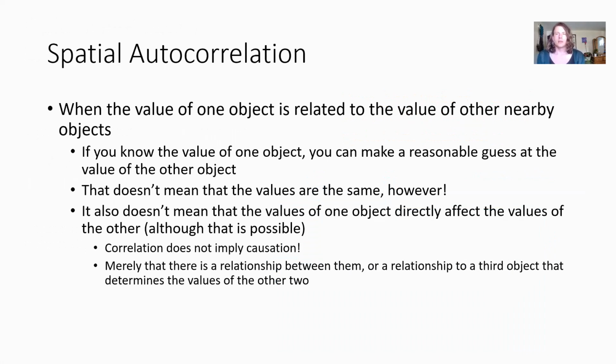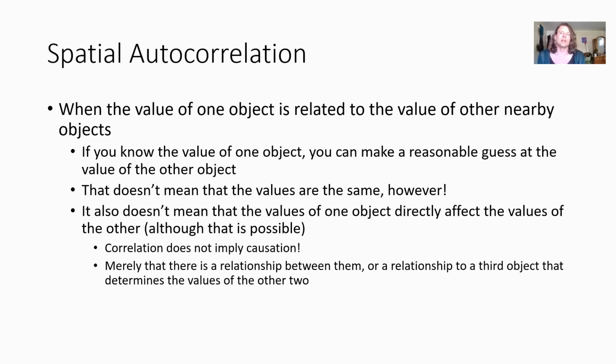This relates closely to something called spatial autocorrelation. This is when the value of one object is related to the value of another nearby object. So it's a way to mathematically describe Tobler's law, if you will. If you know the value of one object, you can make a pretty reasonable guess at the value of another nearby object. It doesn't mean that they're the same, but you can assume they're probably similar. It also doesn't mean that the values of one object directly affect the values of another object, but it is